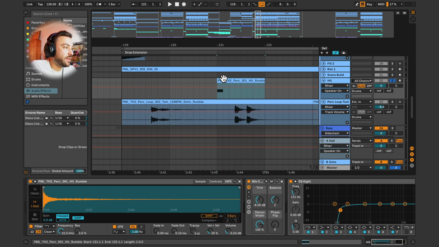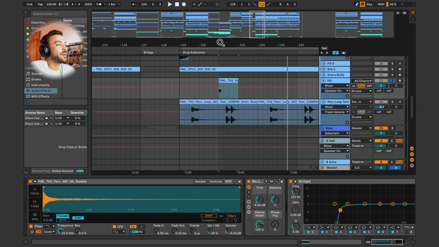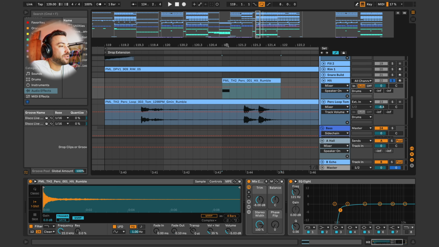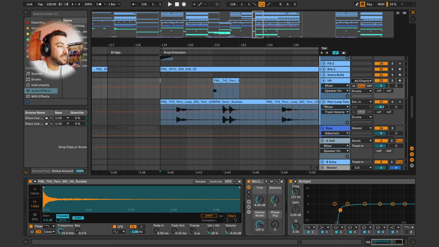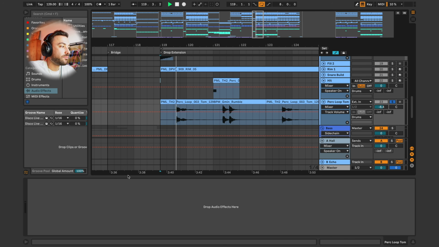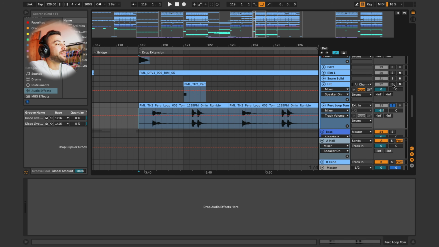Moving on, we've got a hit from our PML sample pack, which is quite an interesting sample. It sounds quite dark by itself, but having it placed on the 9th quarter note of this pattern also gives it that impact. And then lastly, we've got another tom loop with some quite low rumbling toms that complement the groove even more. So all together,